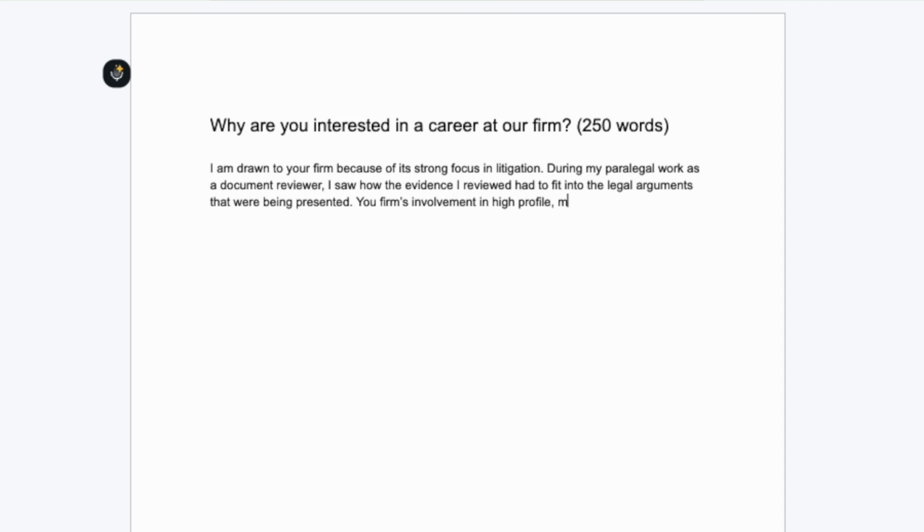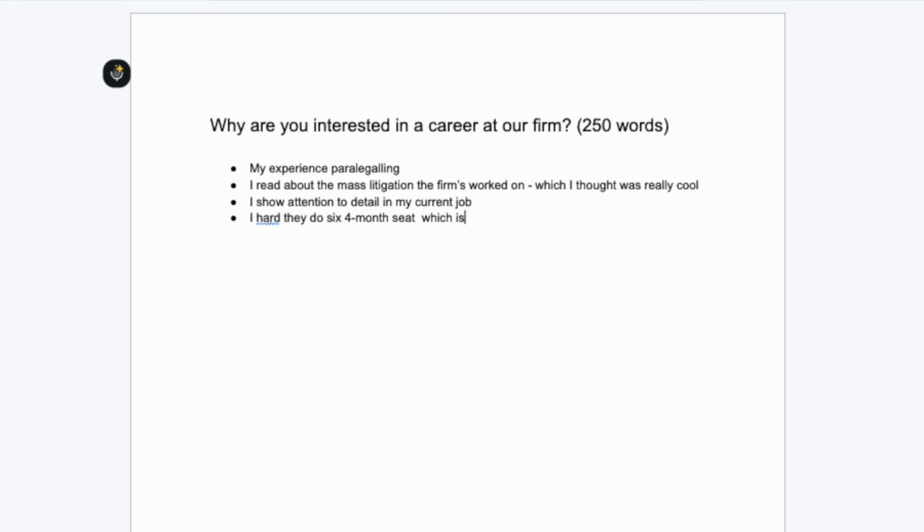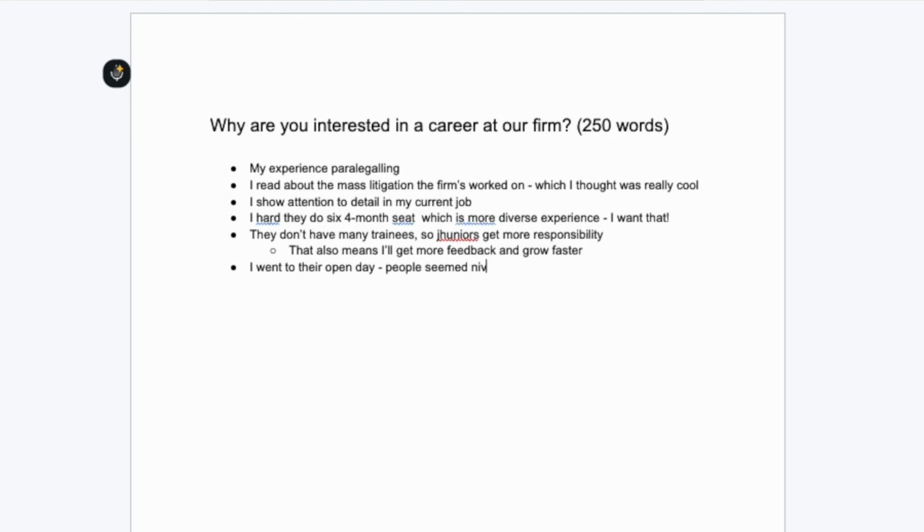But with the pixel method, first you do a brain dump. Write down everything you know about the firm. Don't worry about structure, grammar, whether an idea is good enough or not. Just get it down on paper. And you should have a bunch of stuff you can use from your research and having spoken to people at